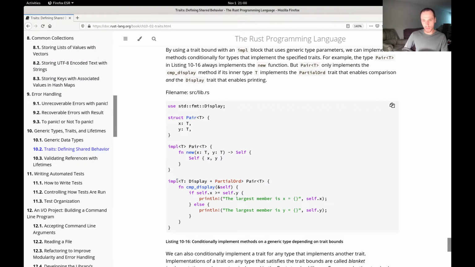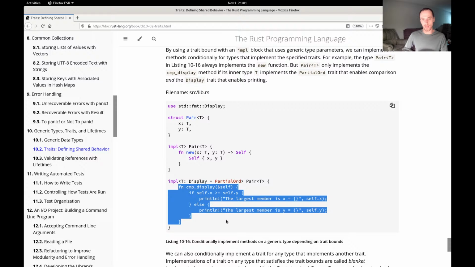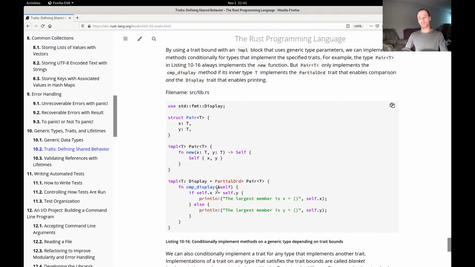And then we'll have a different implementation such that if the type T implements Display and PartialOrd, and it references Pair<T>, right? So it's for any T. If T implements these two traits, then we have this function defined for it such that we can display the comparison between the two